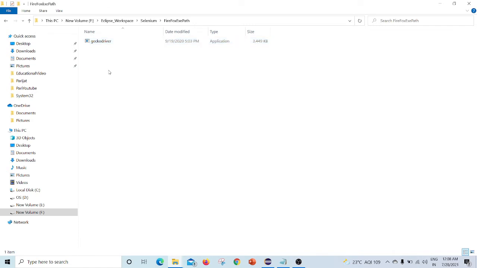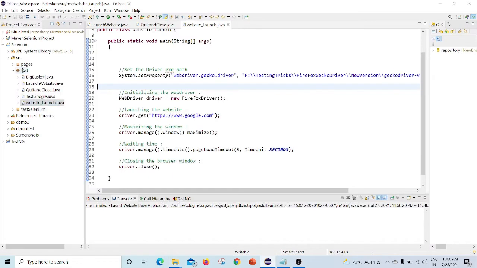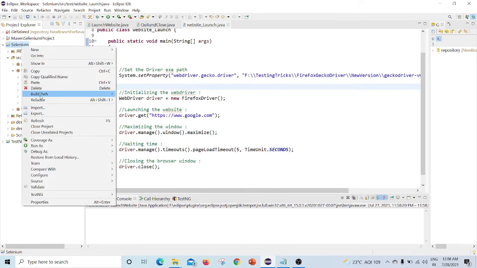Now go to Eclipse and select Selenium, because inside Selenium I have created the folder and pasted geckodriver.exe. Just select the Selenium folder, right click, and click on refresh.